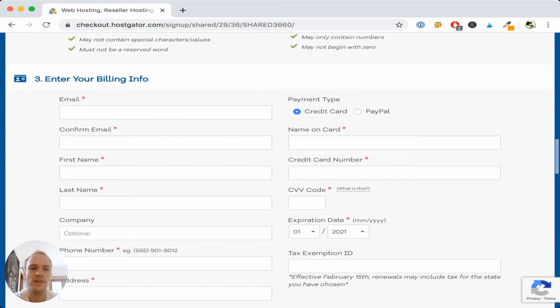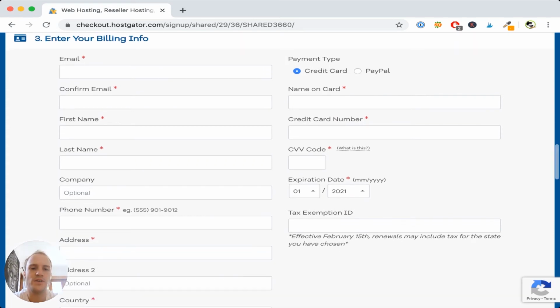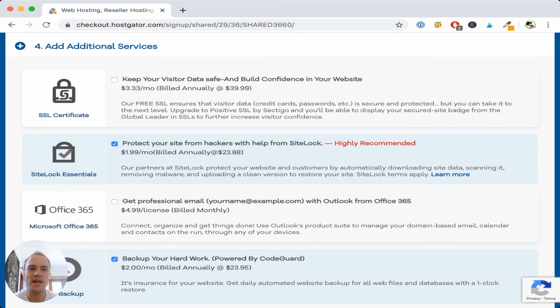And enter in your billing information. So enter in your email, your first and last name, your phone number, your address, and your payment information here. I'm going to go ahead and do that right now, but I'm not going to show my personal information on the screen with you guys. Okay, I went ahead and entered in my billing information and my payment information, and now